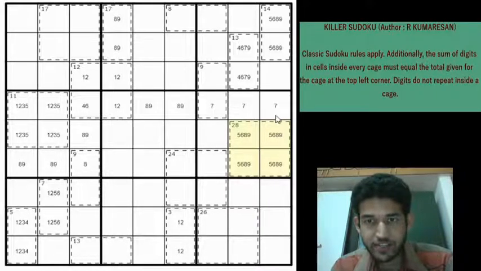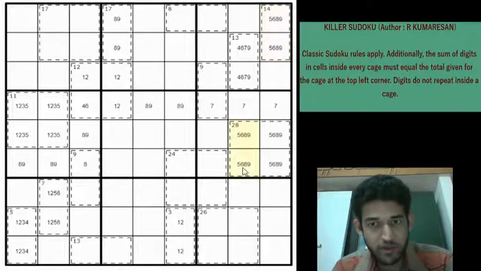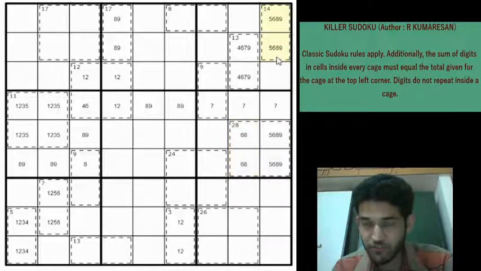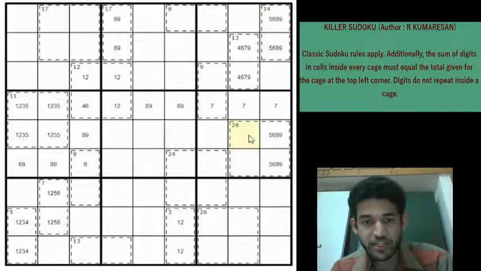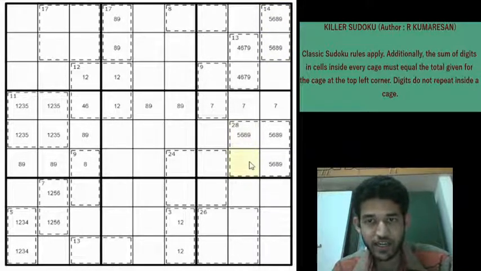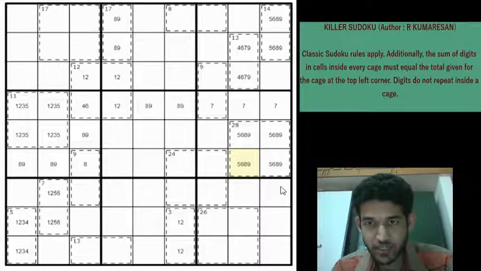Now we have an interesting thing going on between this 14 cage and the 28 cage, right? It's easy to spot. If you have a 5,9 here, the 5,9 for this 28 cage will be locked in these two cells, right? These two cells will be 5,9. And if you have a 6,8 here in the 14 cage, the 6,8 for this 28 cage will be locked in these two cells, right? If you have a 6,8 here, you have a 6,8 here. And if you have a 5,9 here, you have a 5,9 here. Because the 28 cage contains all 4 digits 5, 6, 8 and 9. So we can have that pattern now. So we know for certain that whatever these two digits are will be present here, right?